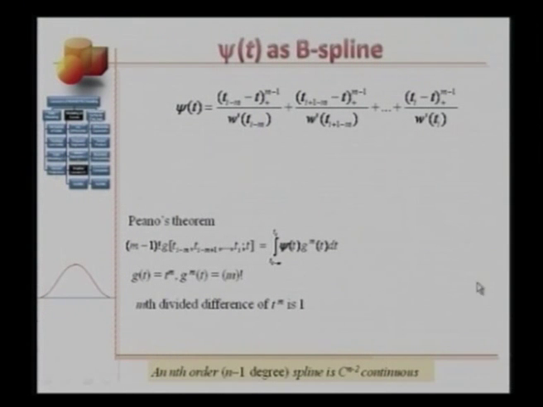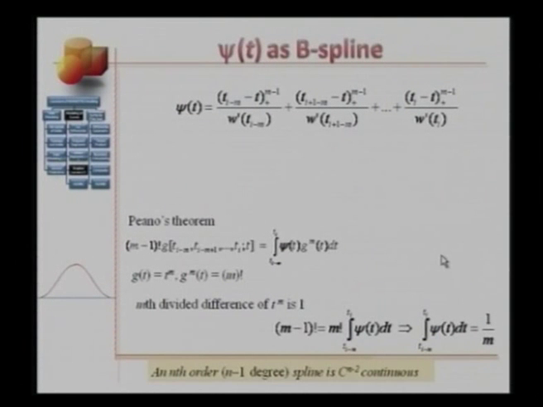If you plug in this information here and this information here, we will have (m minus 1) factorial equals m factorial times the integral from ti minus m to ti of psi of t dt, which would mean that the integral of psi of t dt with limits ti minus m to ti is equal to (m minus 1) factorial over m factorial, which is 1